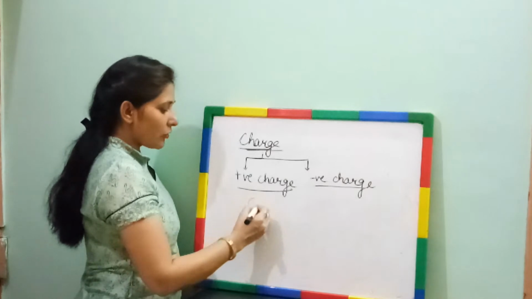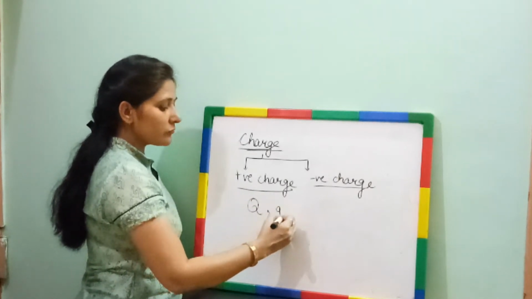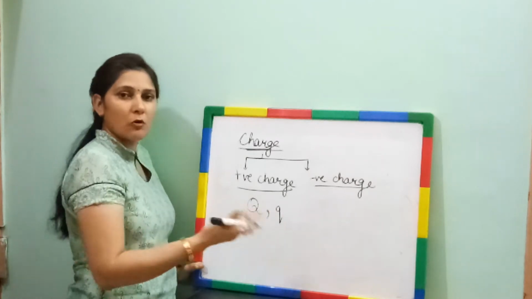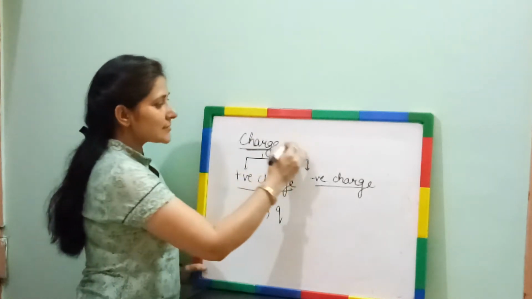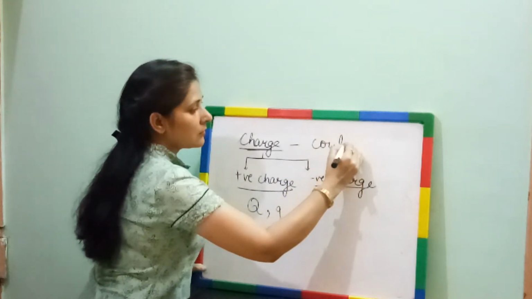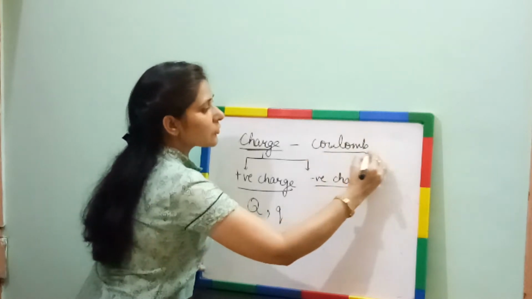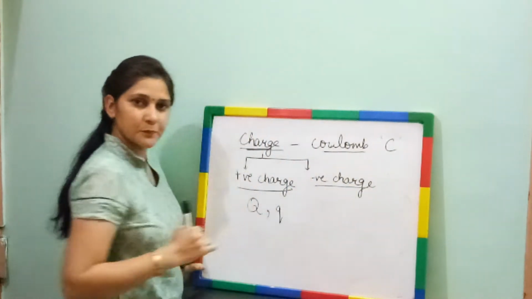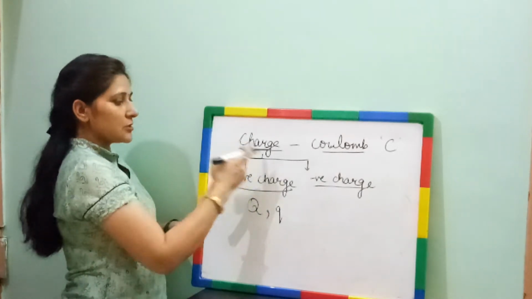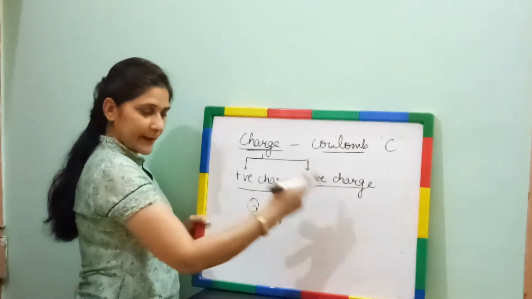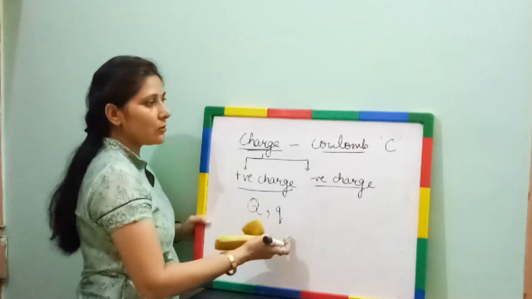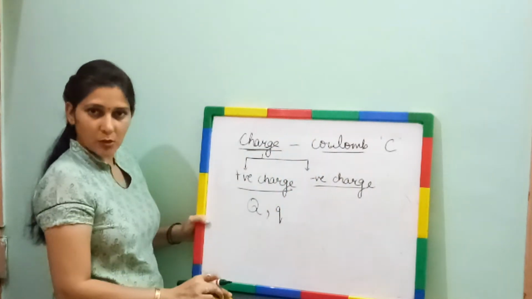This charge can be denoted by small q, or in some books it may be written as capital Q. Anyone you can use according to your convenience. The SI unit of charge is coulomb. This is coulomb, denoted by capital C. Okay. Now we are moving on to our term, that is current. Charges are of two types, positively and negatively charged. Charge can be denoted by Q, small or capital, and its SI unit is coulomb.